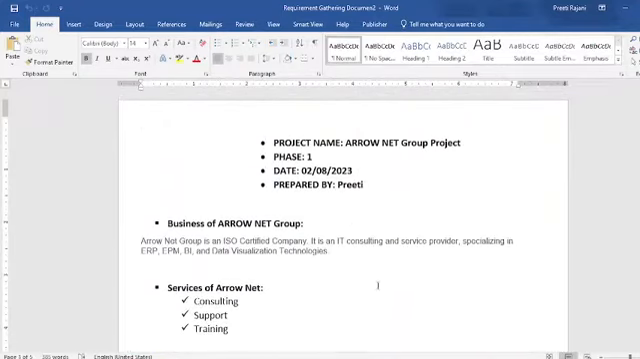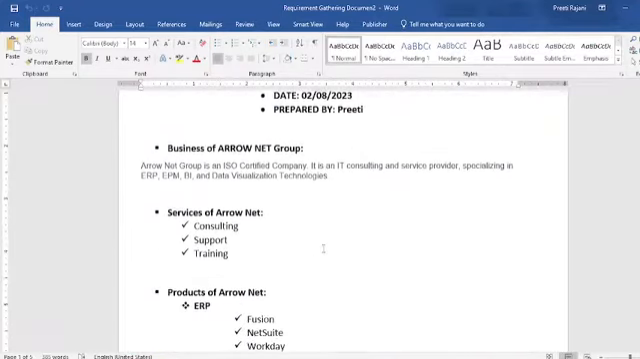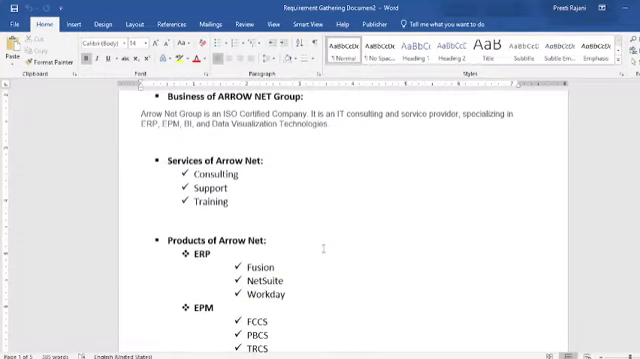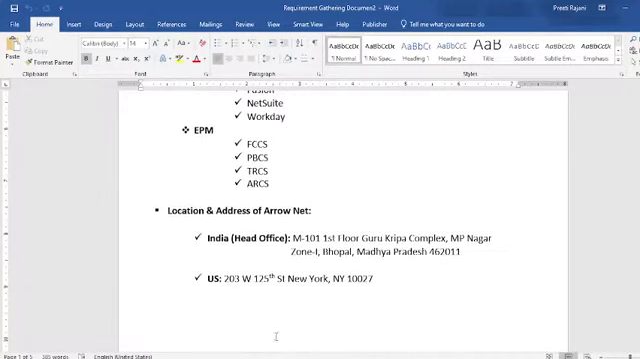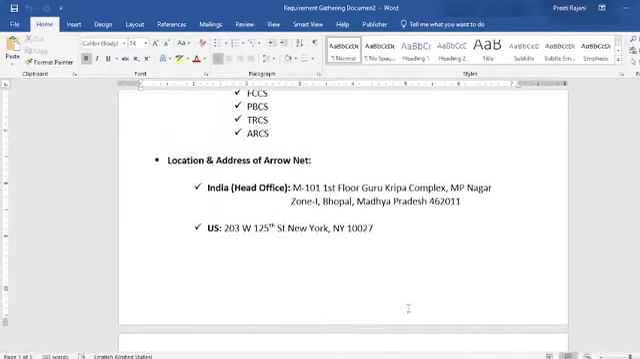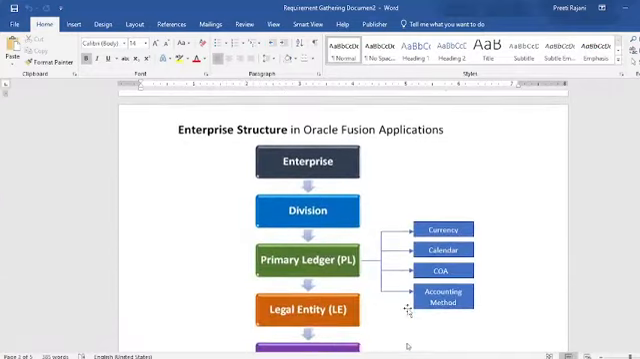So this was the detail of the business of the Aeronet Group. These are the services that Aeronet Group provides to their clients, and these are the products in which Aeronet Group deals, and these are the locations where the Aeronet Group has the legal registration, and this is the enterprise structure